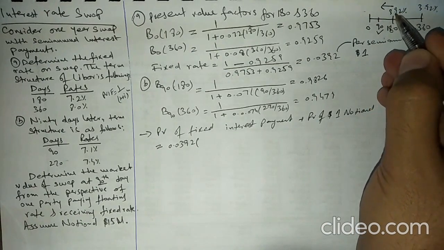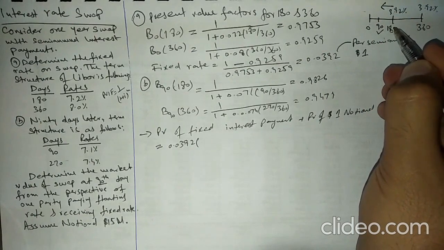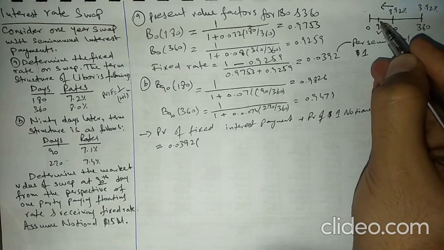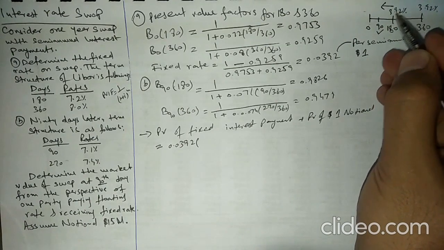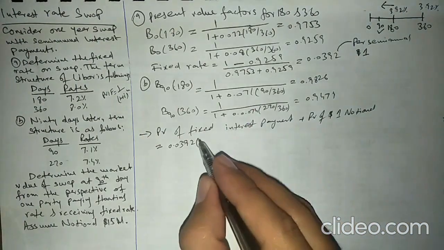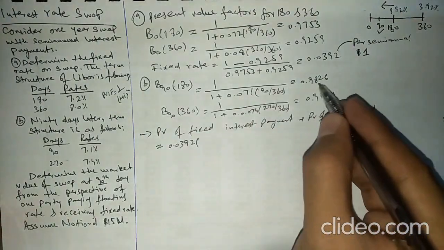So we will discount back this 3.92 value of 180 to 90 days. From 180 to 90 days, 180 minus 90 is equal to 90 days. It means that we will discount back this value for 90 days, and the 90 days present value factor is